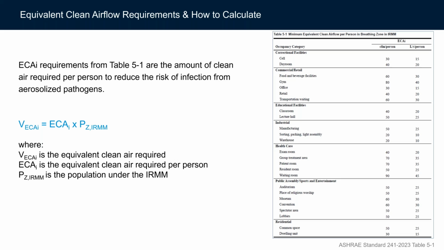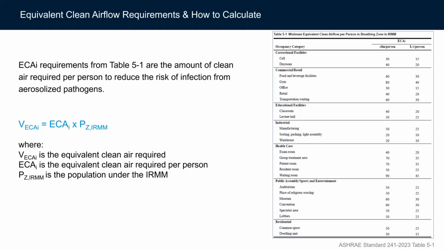Now look at the right side. Look at this table, and what you'll see is the CFM per person as it relates to ECA, as it relates to these categories. I'm going to just use classroom for today's example. Go down to that third section, you'll see education facilities, and notice the classroom has an ECA of 40